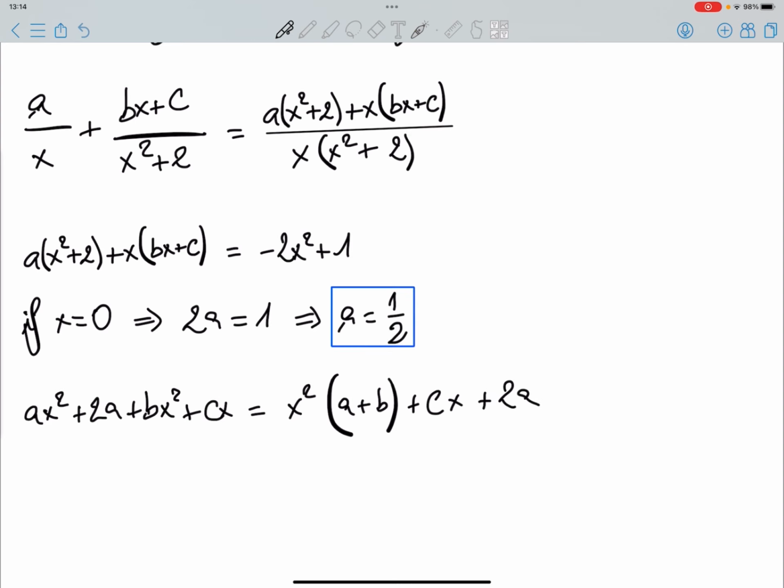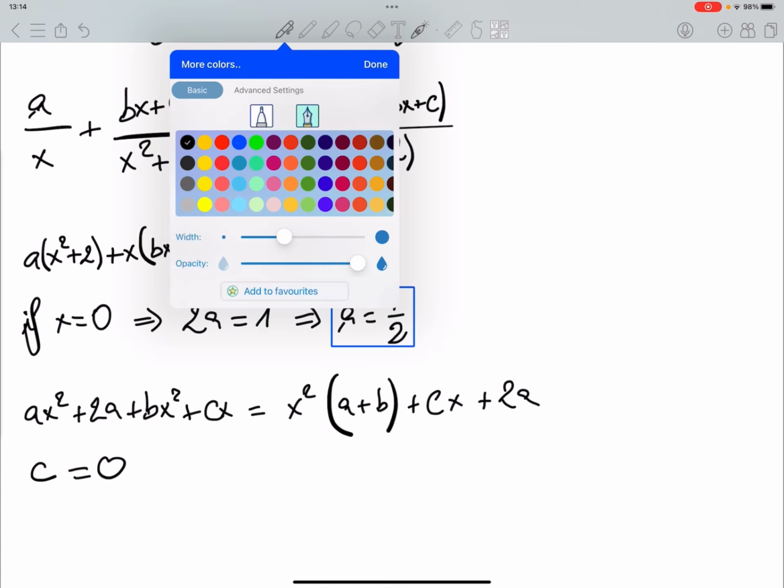Now this whole thing must be equal to the right hand side, right? So the coefficient of this x squared must be equal to -2, right? And there is no x in this expression, so our c must be equal to 0, right? So we already know our c is going to be 0,